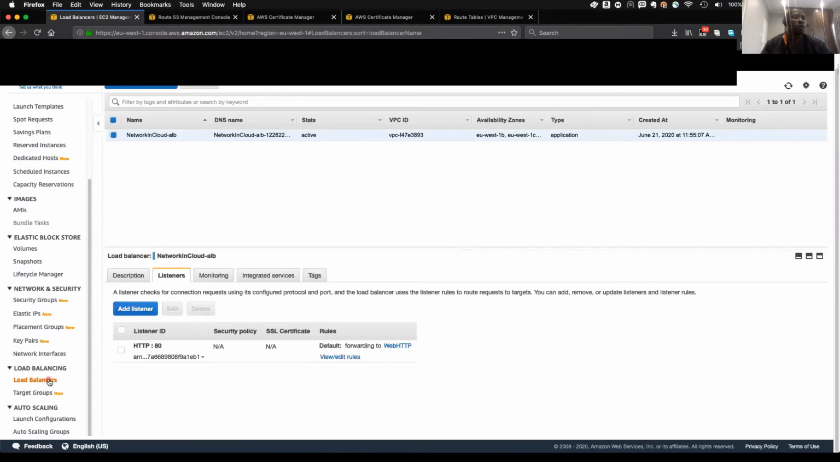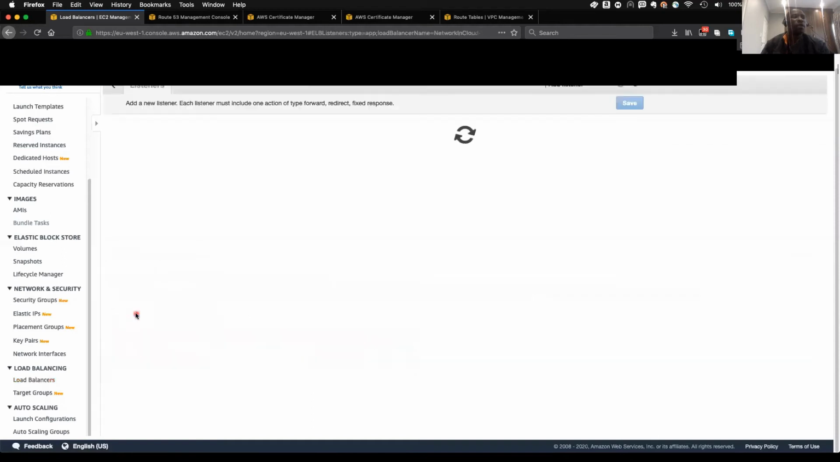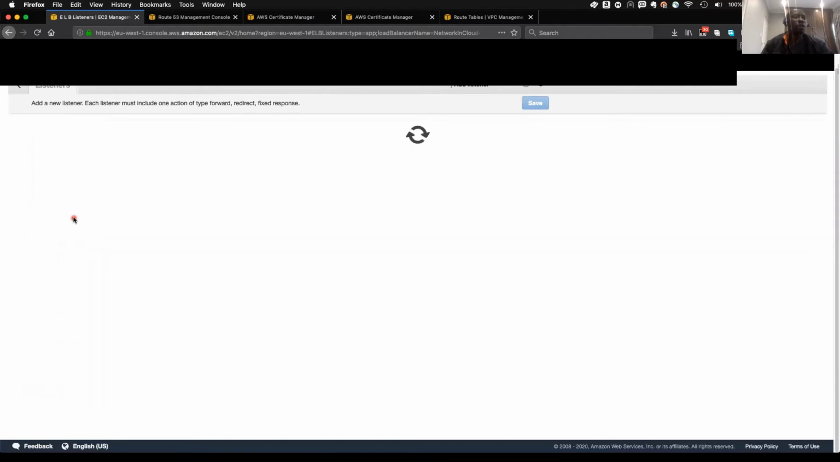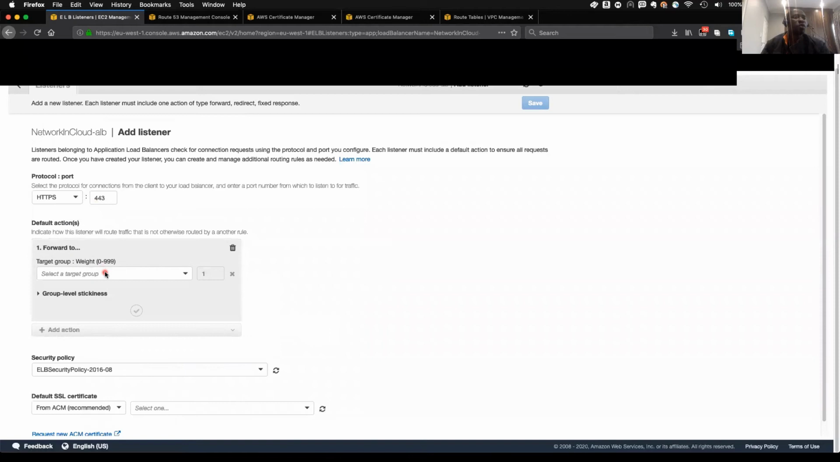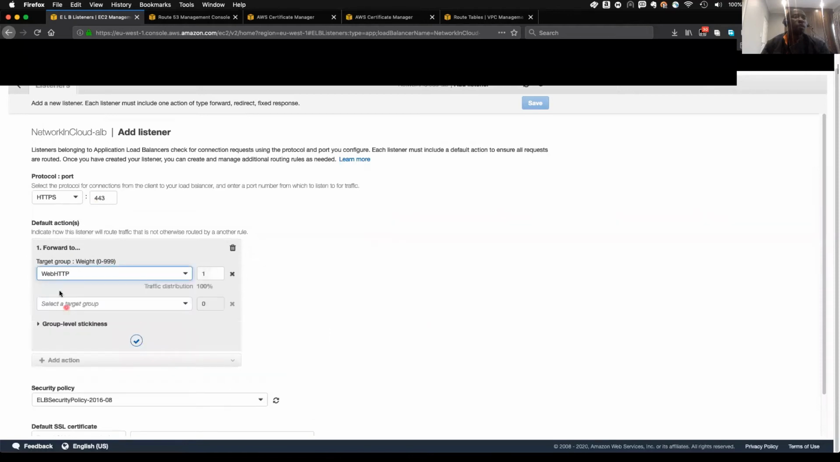On the load balancer, we go to listener. We already have HTTP for the unsecure traffic. Then we add another listener, and we choose HTTPS. Then we say it should forward to the target group which we have, which is the web HTTP. The previous ones were for the path-based routing we did in our previous video, which is the hello target and the subscribe target. But now we're using the default target group, which we did in our first video, which is the web HTTP